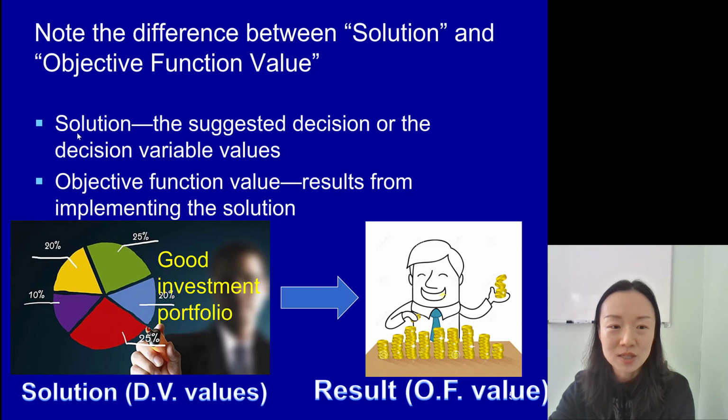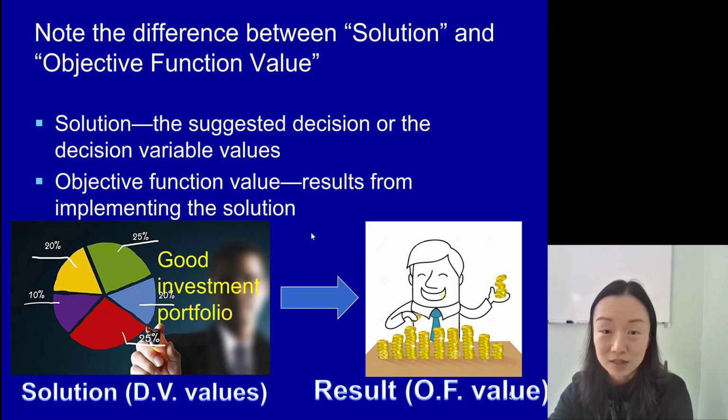You use the suggested solution, which includes the decision variable values, and implement them. Then your objective function value would be the result, like how much money you will get by implementing the solution. Okay, so make sure you know that the solution part and the objective function value part, they are two different